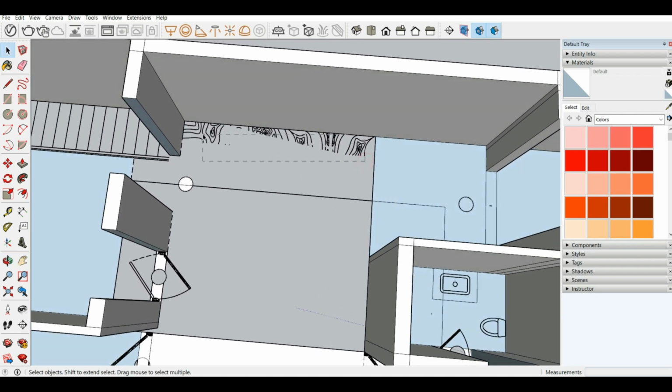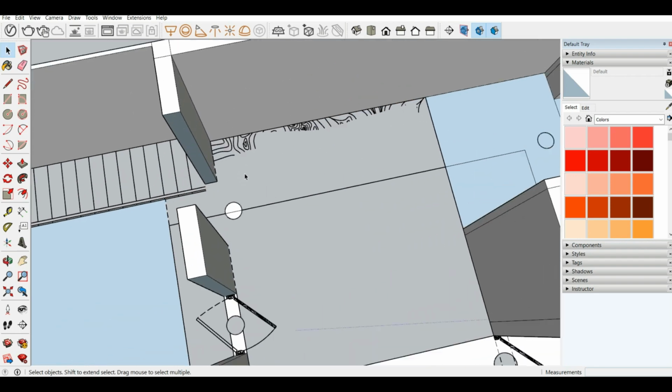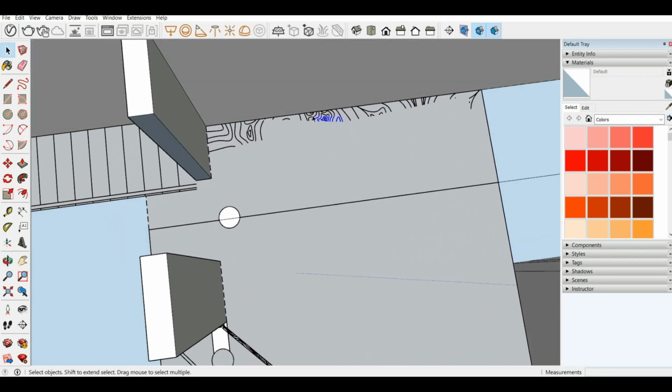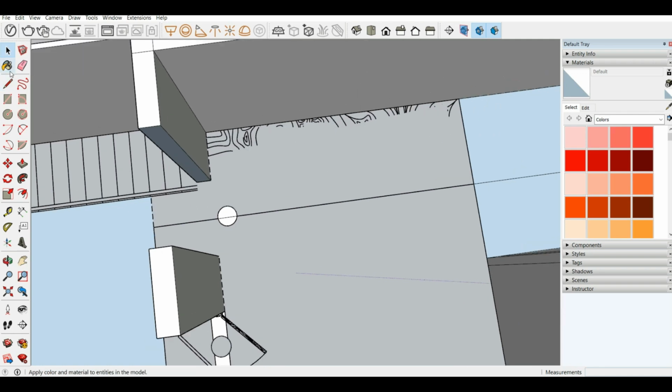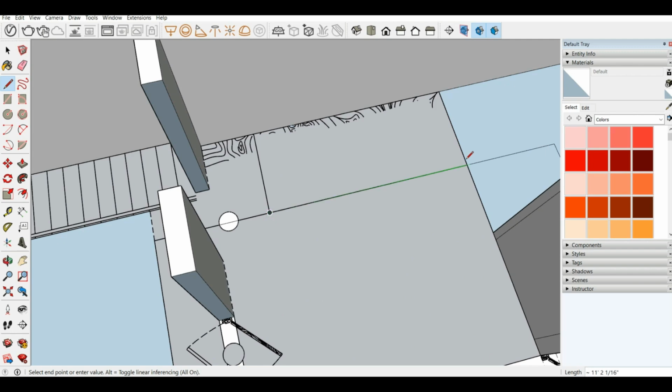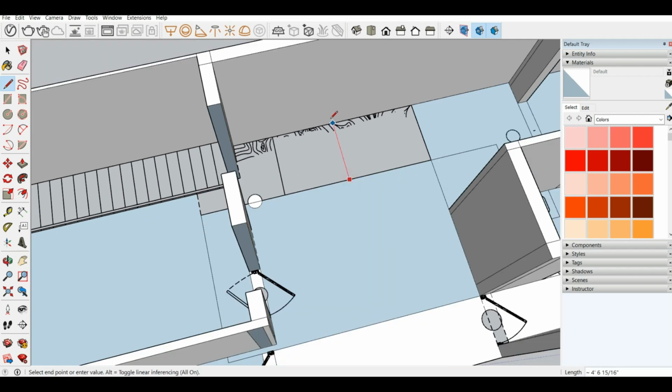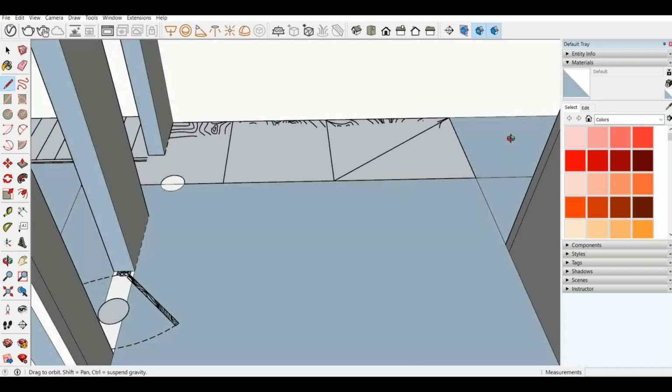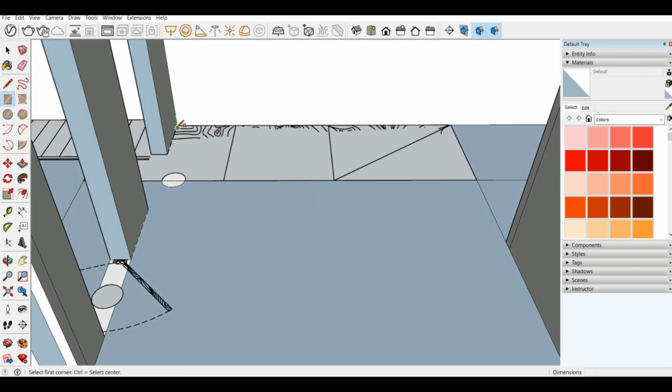Okay. So I'm trying to basically enclose this area, but these extra geometries are giving me a hard time. I enclosed this area as well. These geometries aren't letting me enclose the area. So, okay,